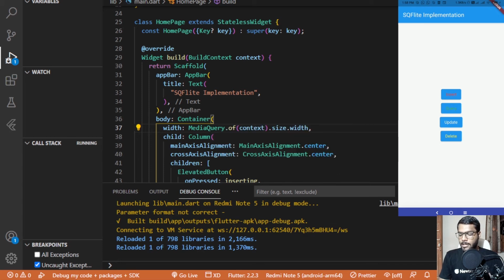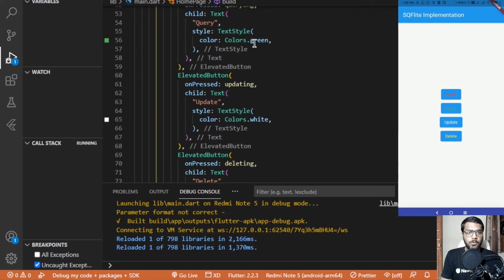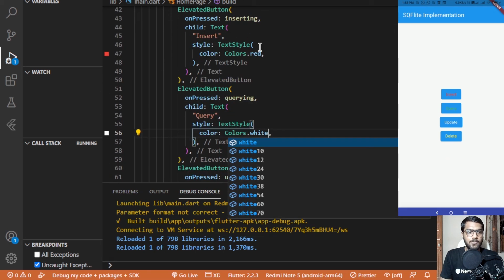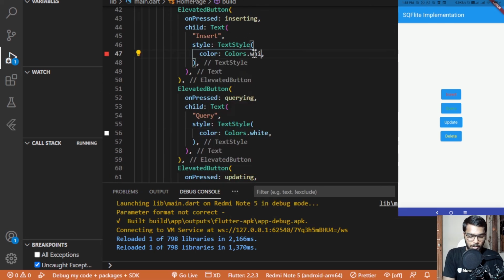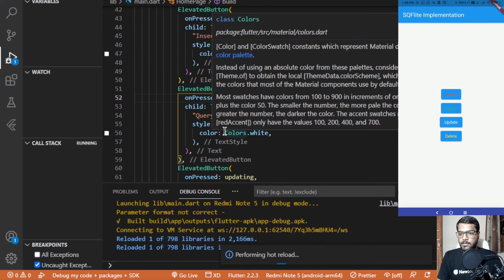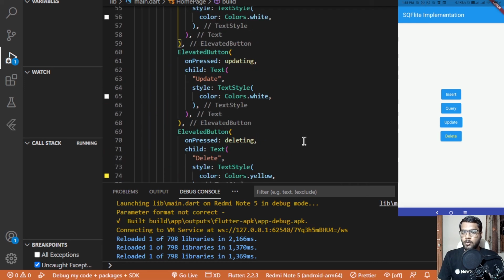And now when I'll be clicking on each of these buttons which are available over here, let me just change the color of each of them to white, because white is looking pretty good and it is readable as well for you who are watching this video. The yellow seems well as well, so let the yellow be the same. And now you can see over here that when I'll be clicking on any of these buttons, something would be displayed in the debug console. So have a look at that as well.